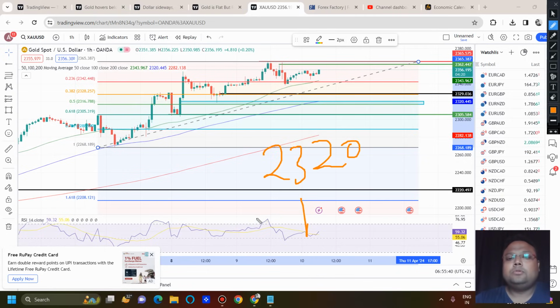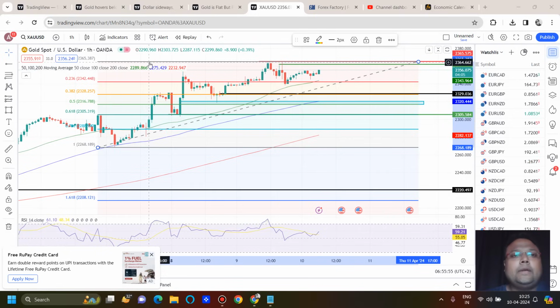The second support is around 2320 to 2316. The box that I have drawn here is a second support because of the Fibonacci 50% retracement level. Along with that, you can see previous price ejection around this area. So these are the two levels where we can look for a buy position on the chart of gold